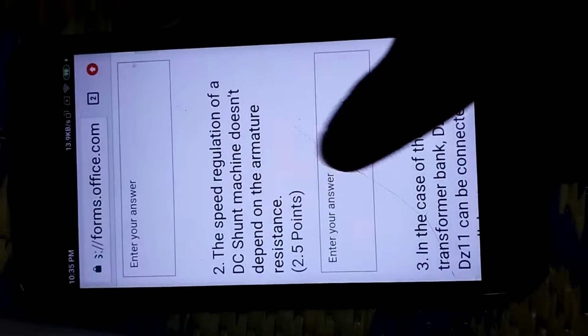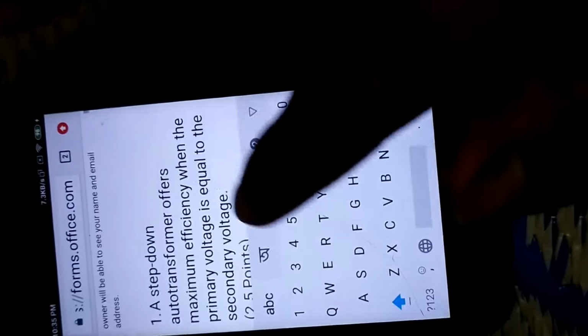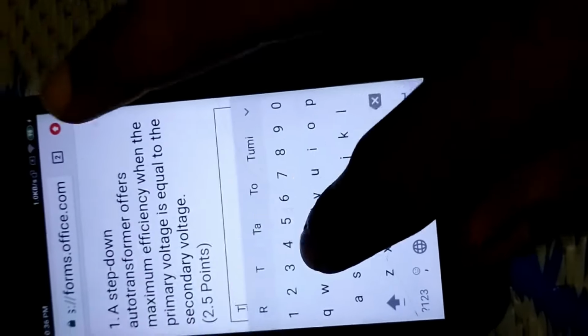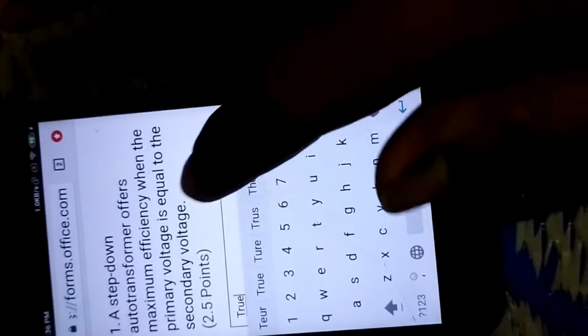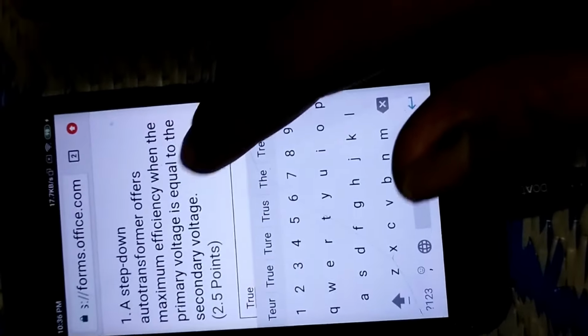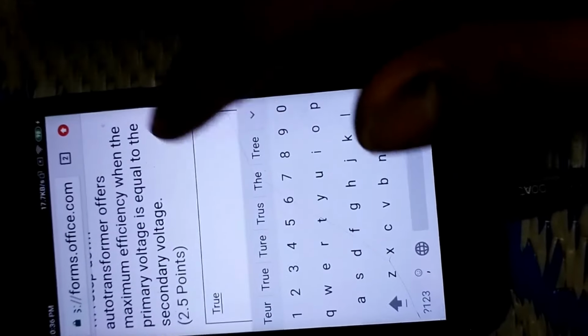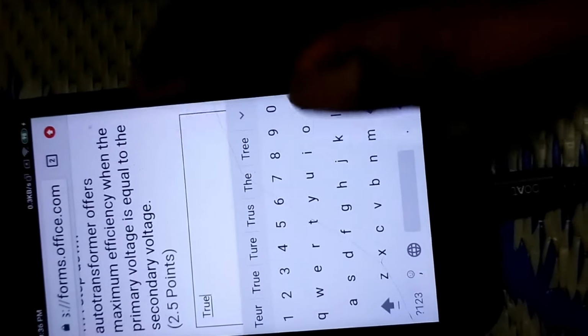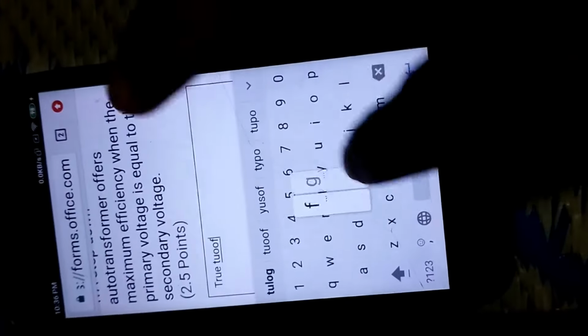So here is a question. For this true false, I have to answer here only. As you can see, this one is showing: a step down auto transformer offers maximum efficiency when the... True, and some justification I need to write here.